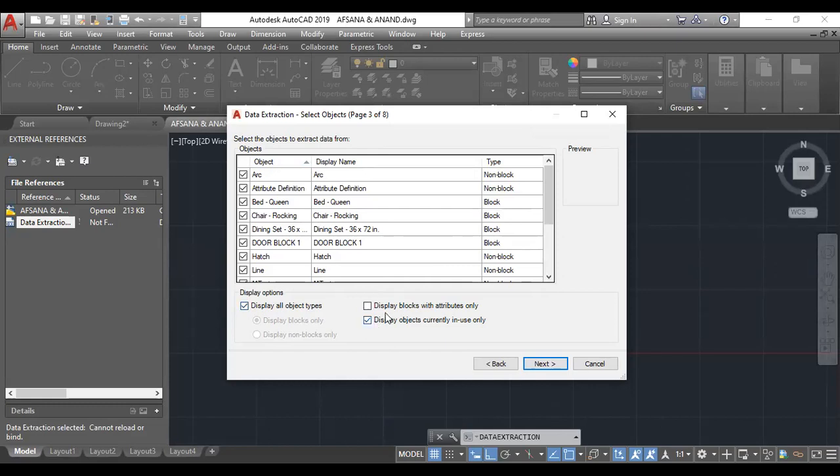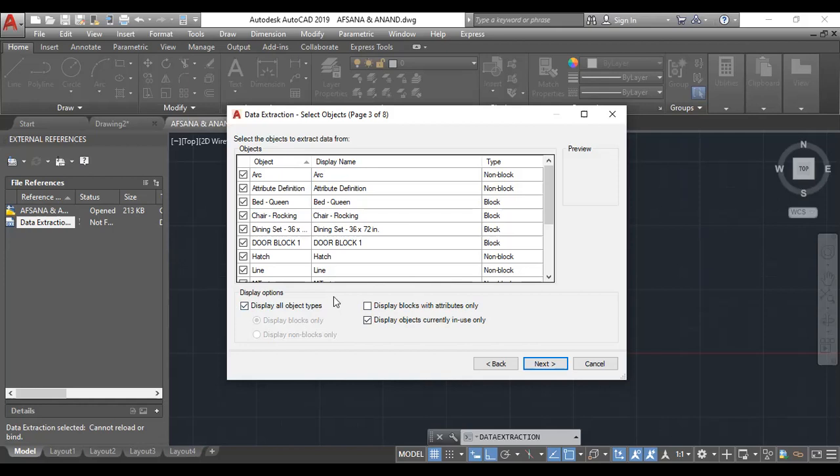We can use these options for easily selecting the things which we need. Like if you need to get the extraction data of blocks with attributed things, then we can go for display blocks with attribute only. And if you're going for displaying all the object types, then we can check the display all object types option.